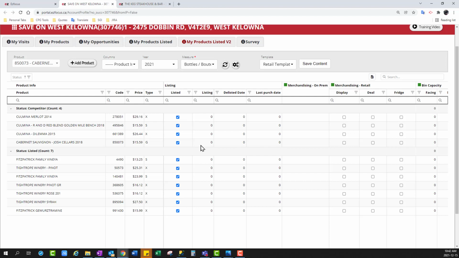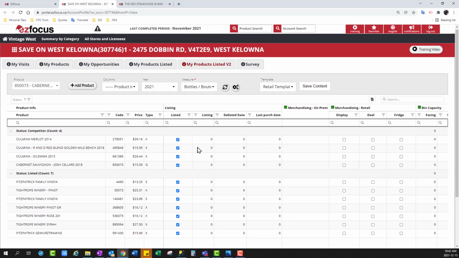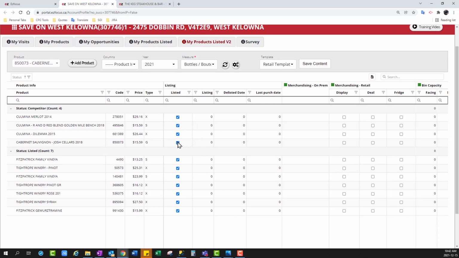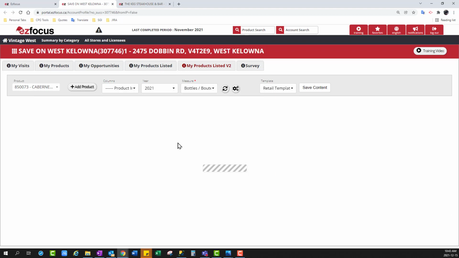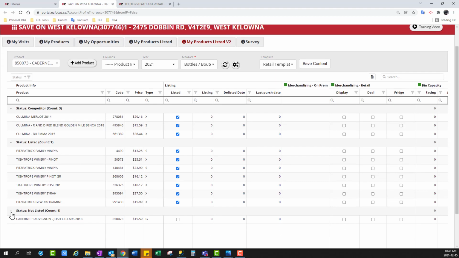So automatically when a product is first added, you're going to get things like the date it was listed, but if you simply uncheck the little check mark next to any brand, the system automatically creates a third column of brands, which are brands that are either no longer in this account or have been unlisted or discontinued, and things will continue on, and you can always relist them by clicking that and then reissuing